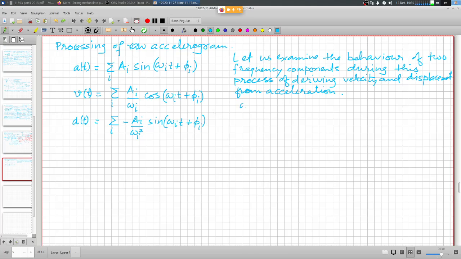Right? So let us say omega 1 is equal to 0.01 and